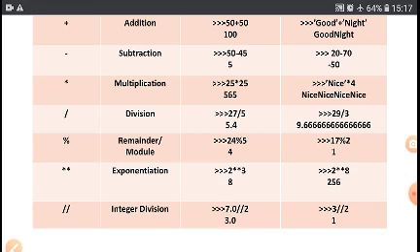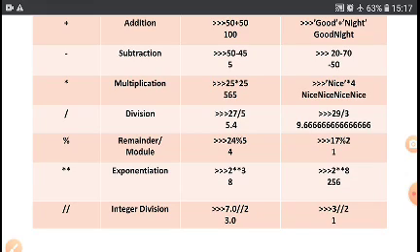This operator is known as the modulus operator. It will find the remainder of a division operation. 24 modulus 5 equals 4, this is the remainder value.